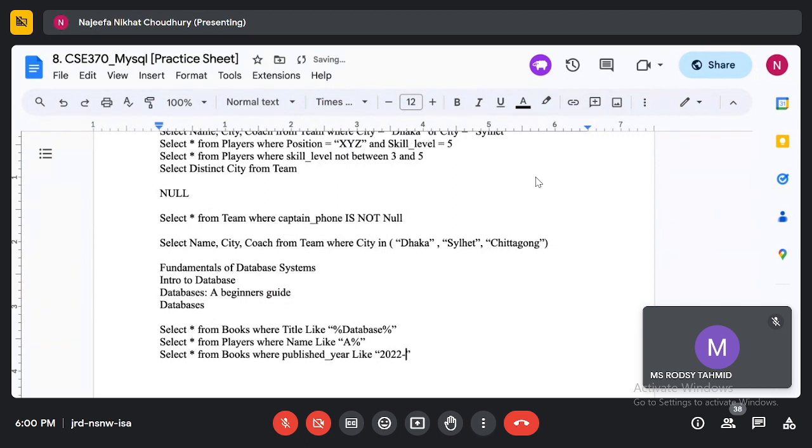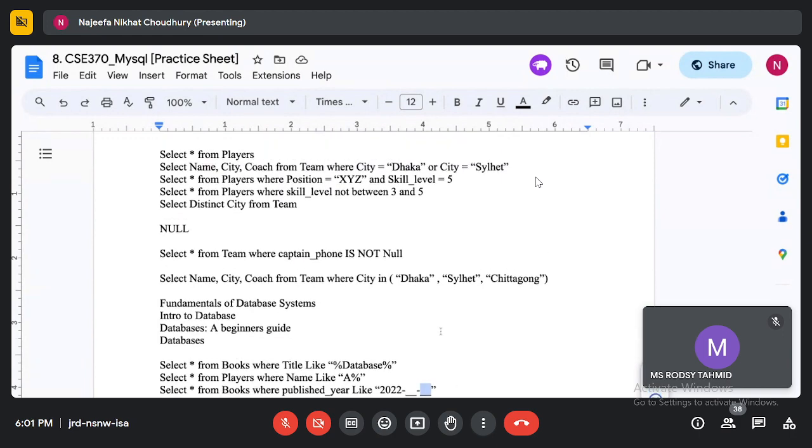So there are two underscores for the month and two for the day. This will return all books published in the year 2022. It will have 2022 in the beginning, and then two characters will be replaced for the month, and two for the day. So the underscore can be used to replace exactly one character. Any questions?